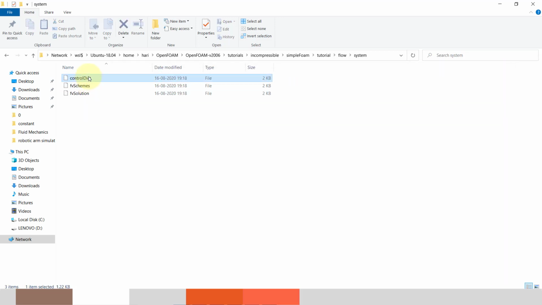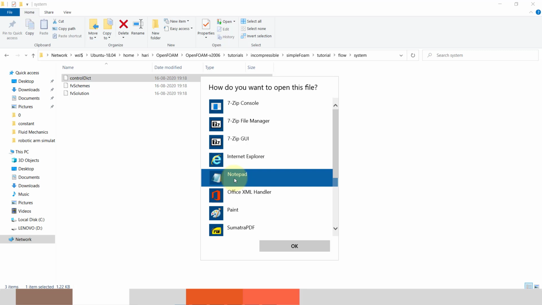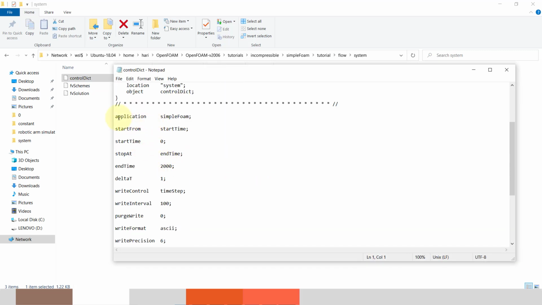If you go to controlDict, we will set the application as simpleFoam. simpleFoam is for steady-state problems. It will solve laminar and turbulent flow. It starts from the start time to the end time, but it is just an iterative process, not with any condition on time.